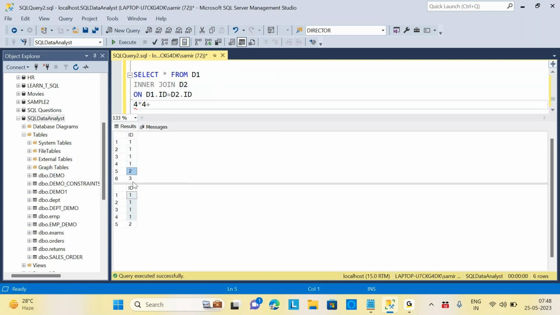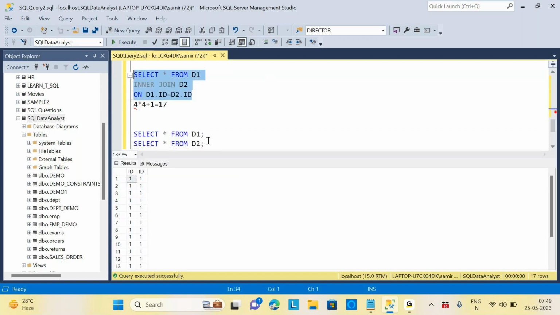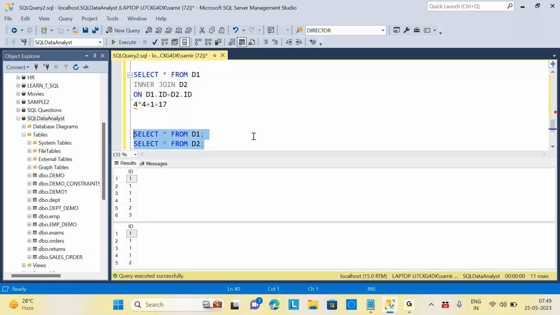Yes, the first and second row. How many records do I have for 2? This is 1, this is 1. 1 equals 17. This will be the output of my inner join, right? Makes sense? Yes. Now, if I do a left join,